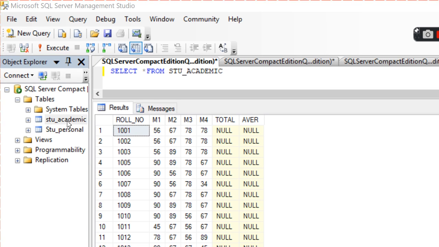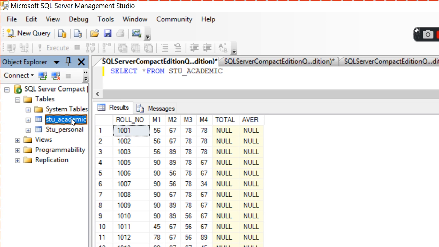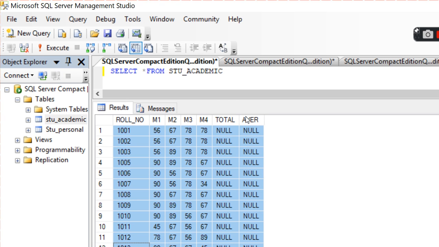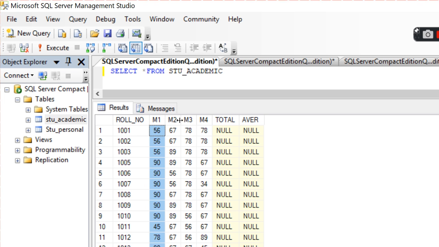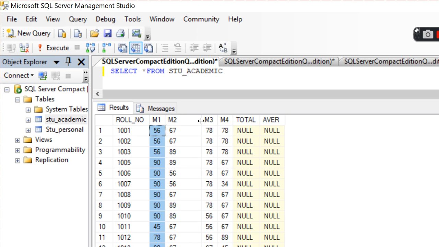Now actually, in the last video you could see this table, student academy, has been created and those values inserted by using insert into. So I have inserted these many values in this table, and roll number is the primary key. These are all numerics. Why are we going to give marks and all these fields as numeric?